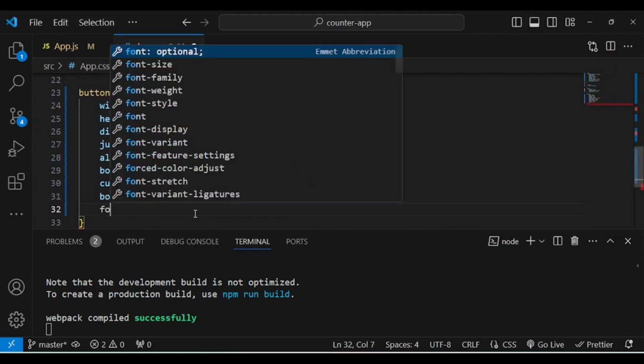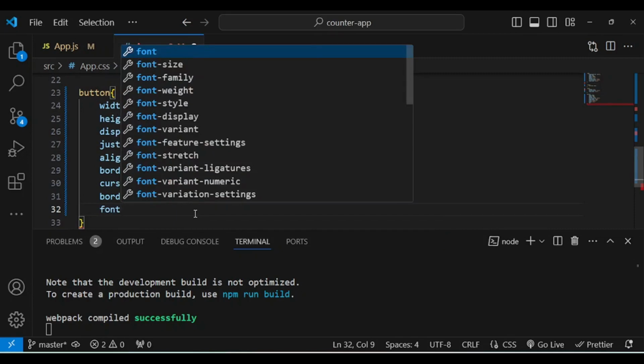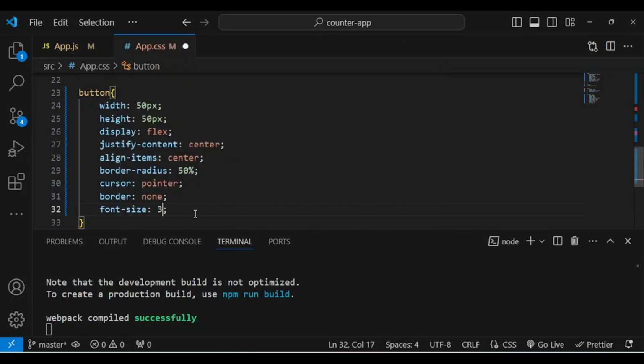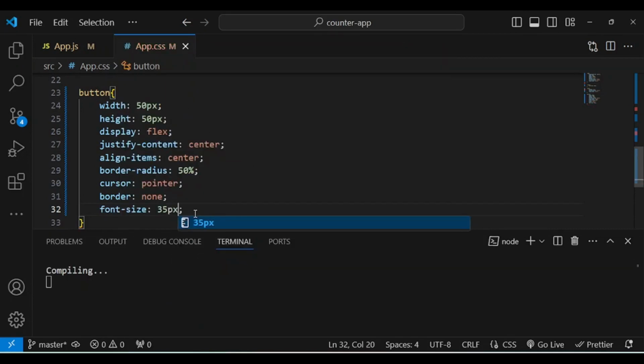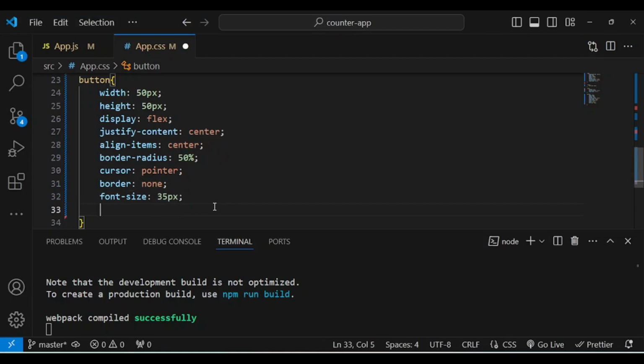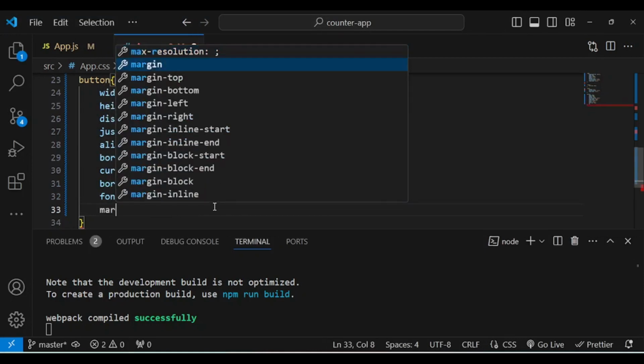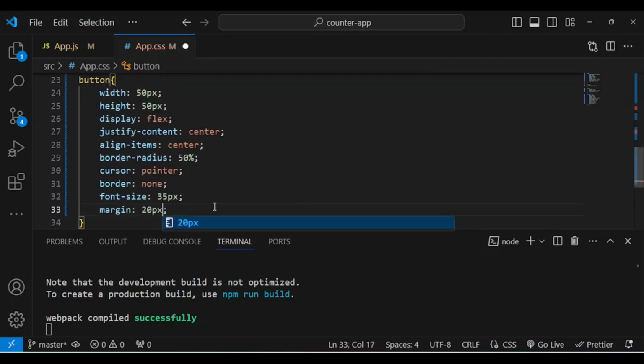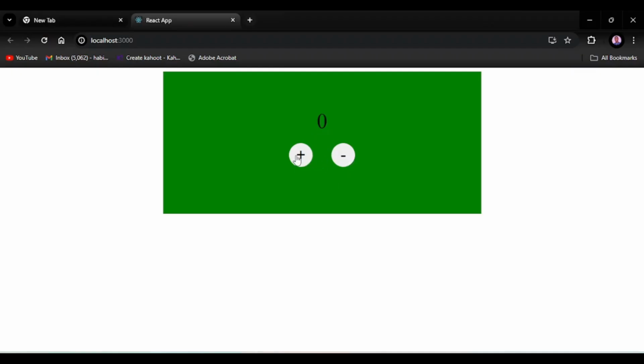I'm going to increase the font size of the button, so maybe give it 35 pixels, will look good also. So let's check it out. Now you can see it's looking perfect, but they are all stuck together, so I'm going to add a margin to separate them. So I'm going to give it a margin of 20 pixels, so it's going to separate both the buttons and the text. That's perfect. Now we have successfully designed our